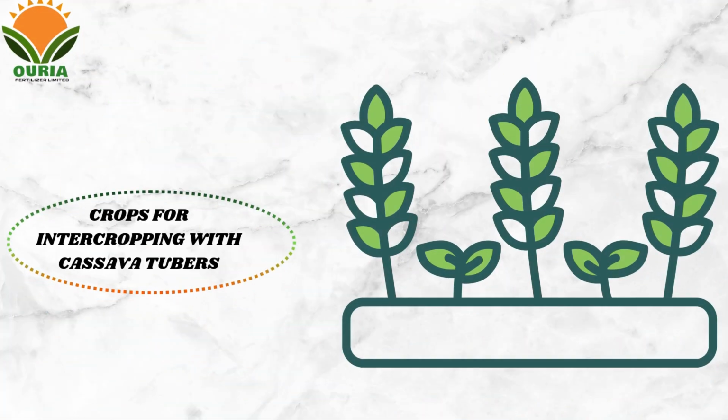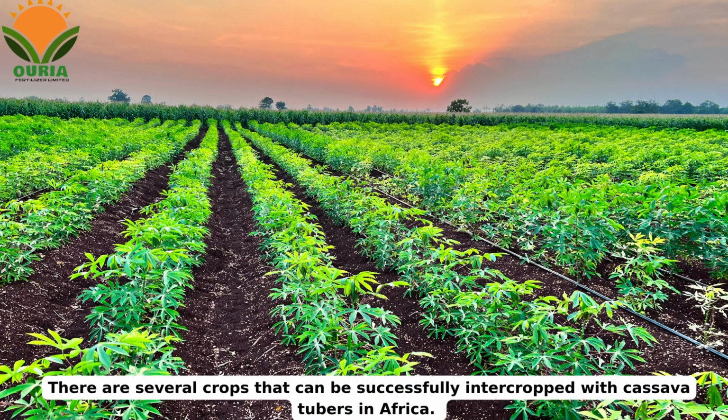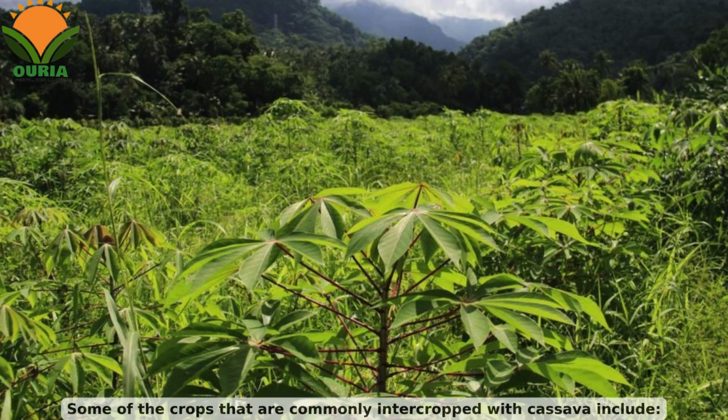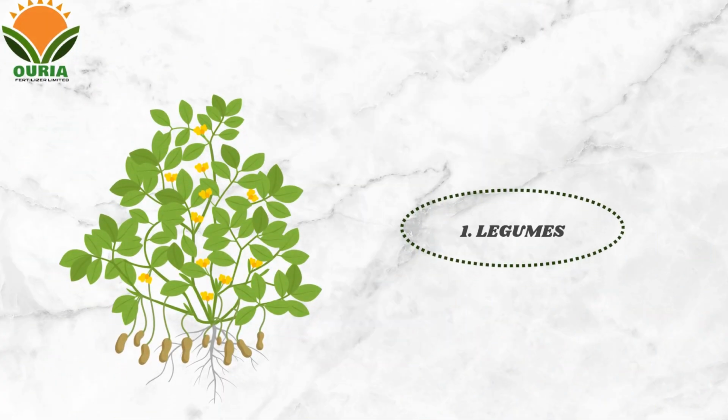Crops for intercropping with cassava tubers. There are several crops that can be successfully intercropped with cassava tubers in Africa. The choice of crops depends on factors such as climate, soil conditions, and market demand. Some of the crops that are commonly intercropped with cassava include: